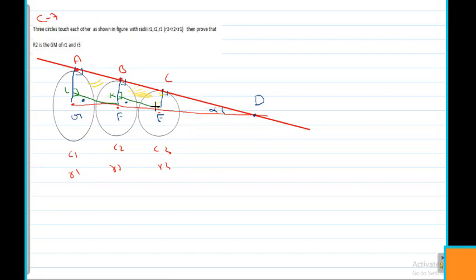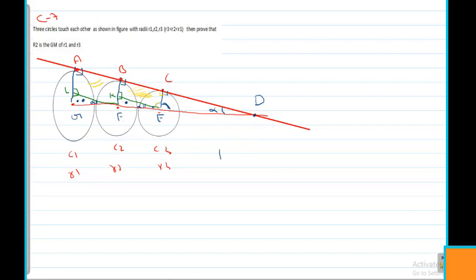One important thing: this is alpha, which means this is alpha as well. Easily you can prove. See, this is alpha, this is 90, so this angle is 90 minus alpha. Straight line, no? It should be 90 plus alpha in total. Already here 90, so this should be alpha. Again straight line, the total should be 180. With the same argument you get this is alpha. So observe, these two triangles are similar.